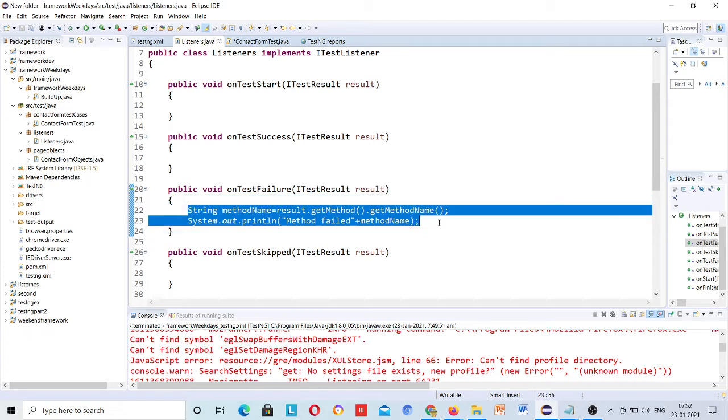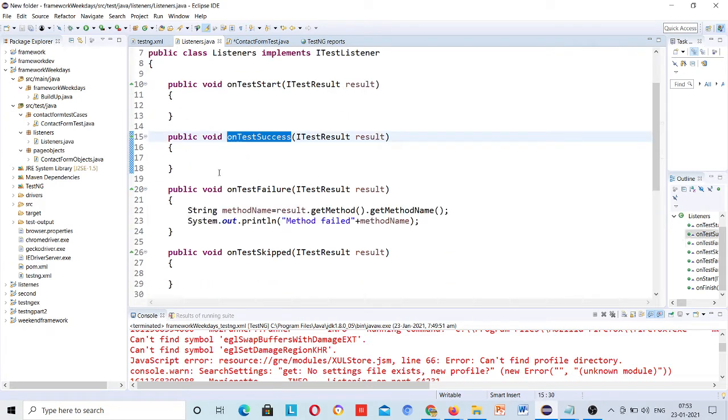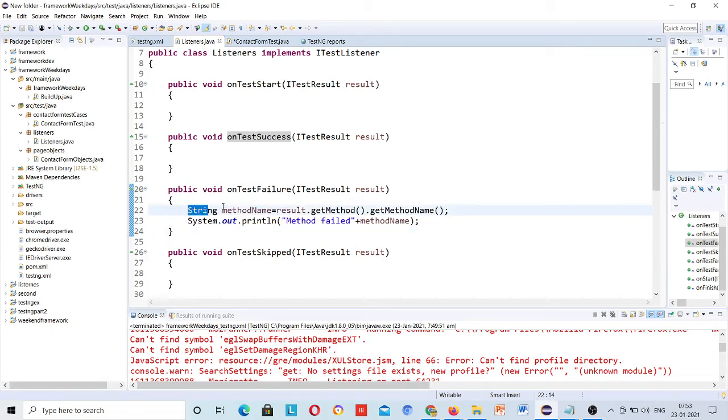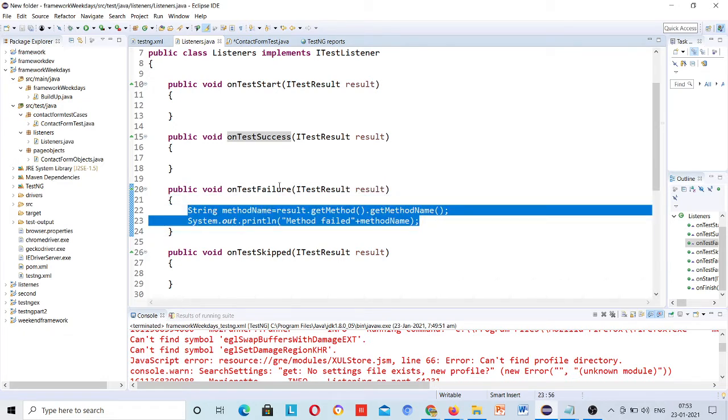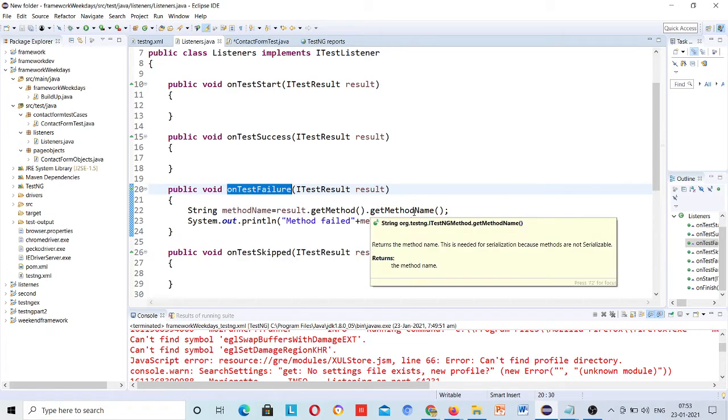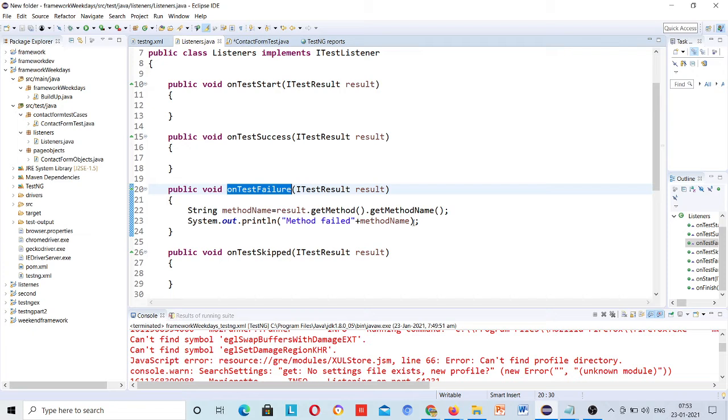Then what will happen is this listener will become very heavy, because on any pass or fail, this method should only instruct: now you have come here, it means something failed, now go and do this task. This method should only instruct, it should not contain the code that we want to implement. It means if you want to capture the screenshot, we should not put the screenshot code here.